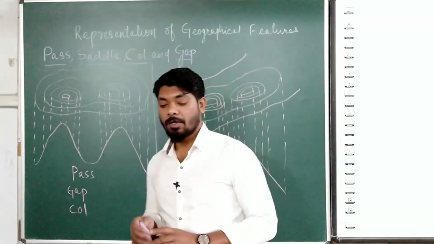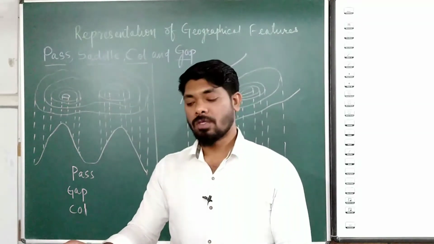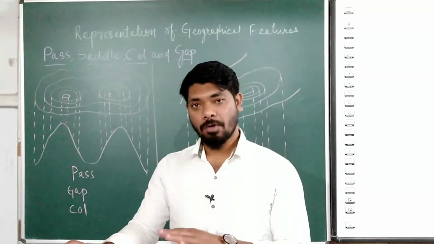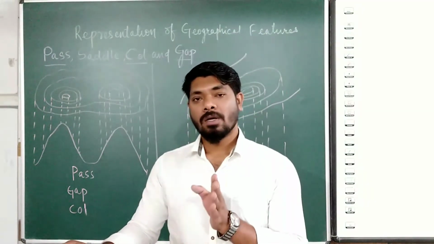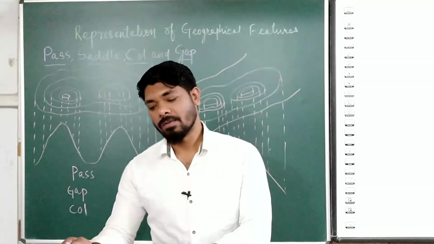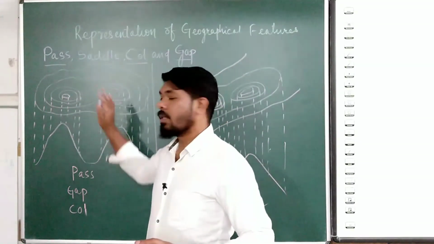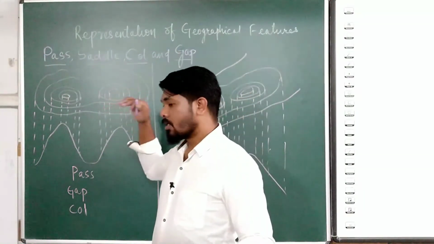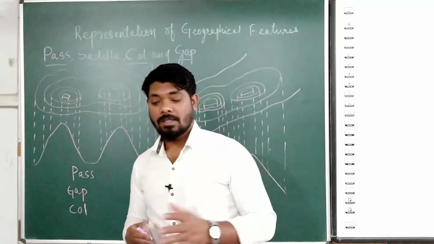On the topographical map it looks the same, but a ridge is like the peak of mountains, which will have uniformity of contour lines on both sides. A watershed means that on one side the contours are close together and on the other side they are far from each other, with gentle slopes. But it will have two circles in between, so in that way you understand that it is a col. On the topographical map this is confusing, so all these three can be written and will be considered.